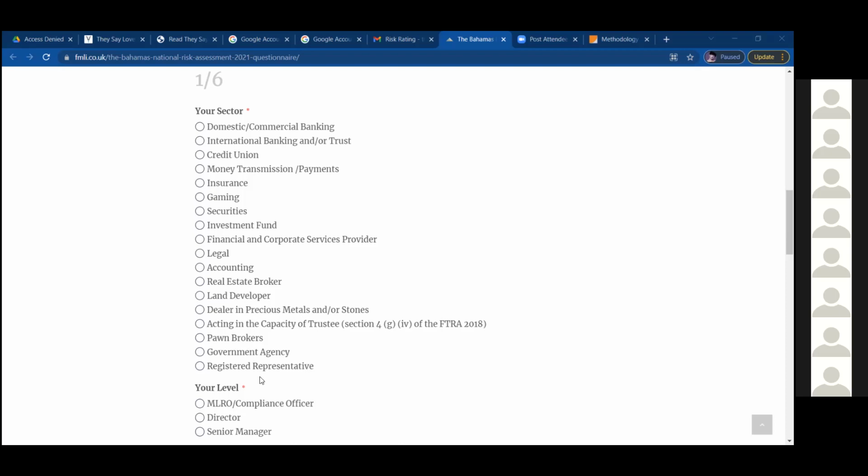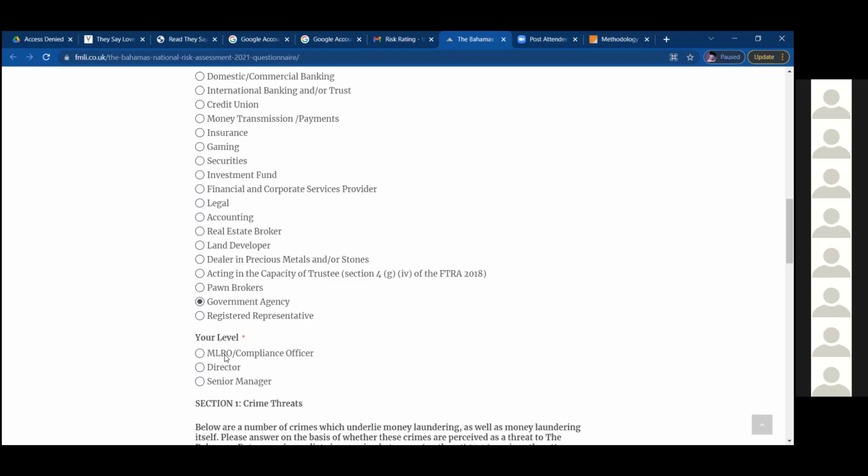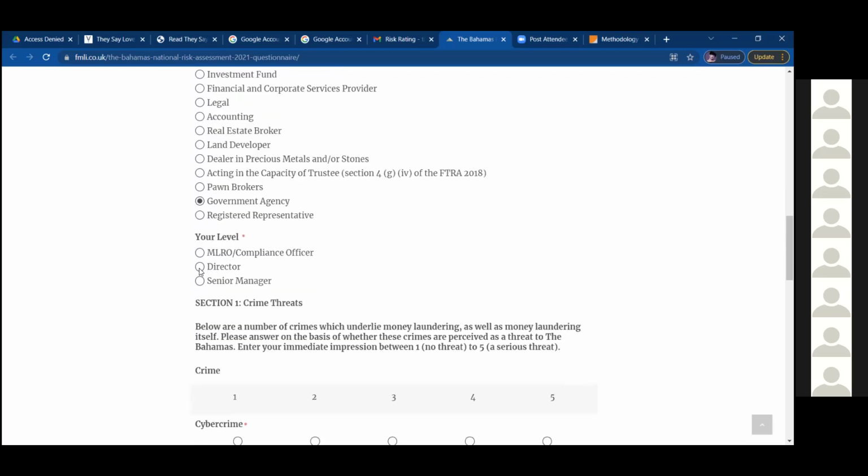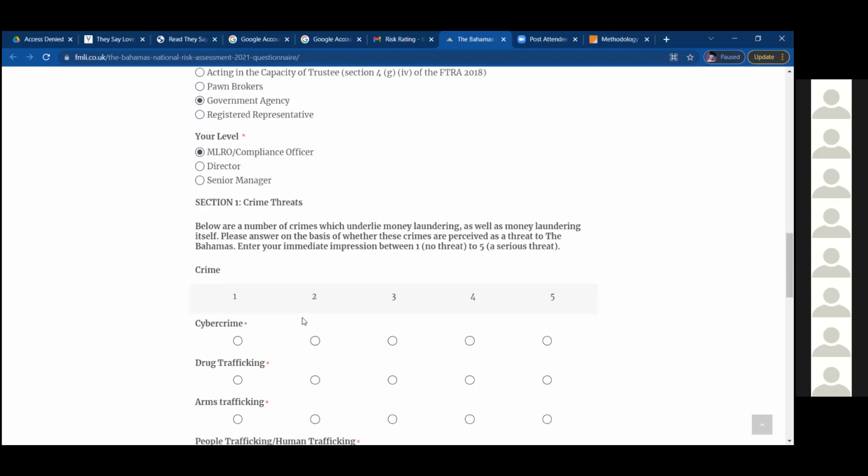Okay, so all of that, and then look at this government agency. That's the Ministry of Finance. I don't know if the Attorney General's office, they probably sent this out too. And so they want to know your level. And you know, we just fill it in so we can get to the next page, and they say